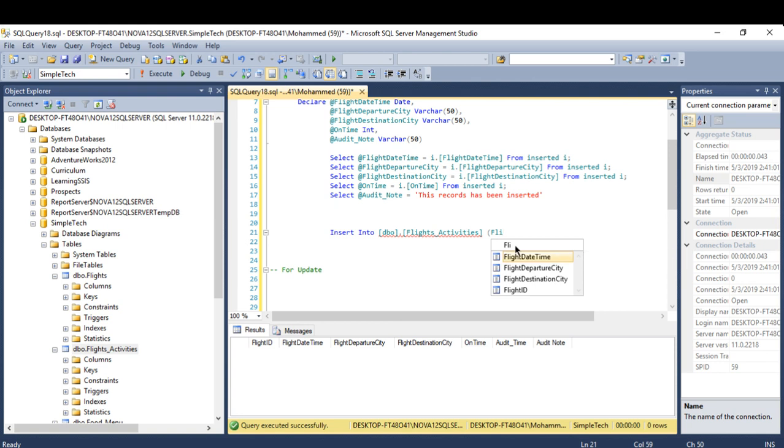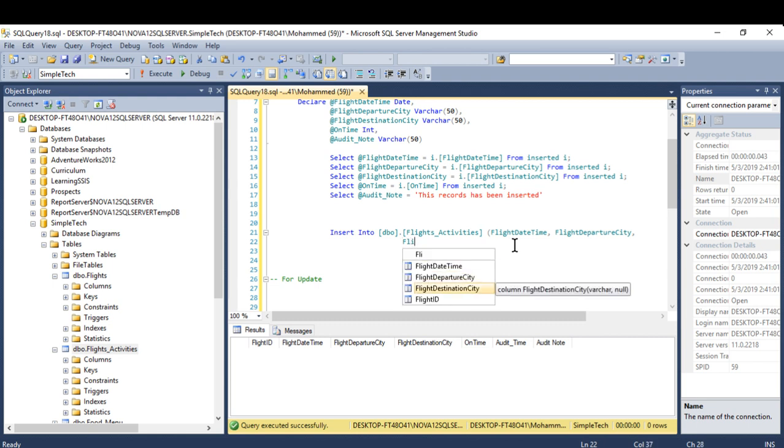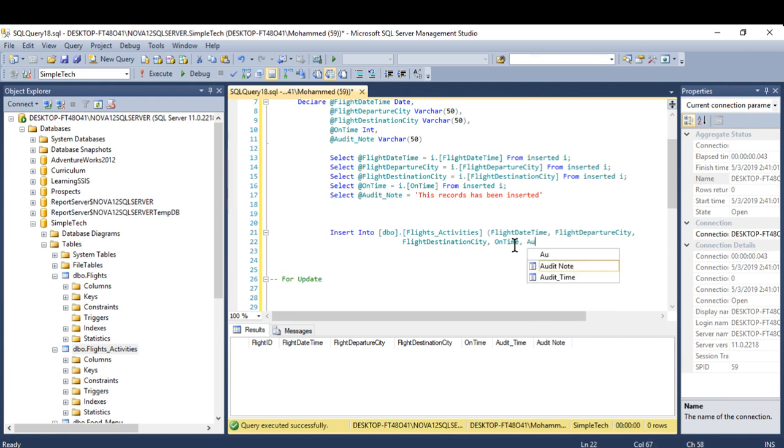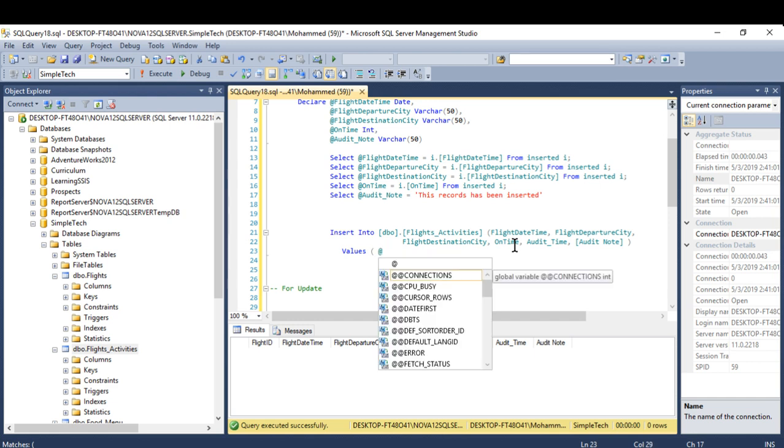I will call the first one date and time and the departure city, and oh, I will continue the destination and on time and the audit time. I will use it to put the get date and the audit note. Okay, the values will be